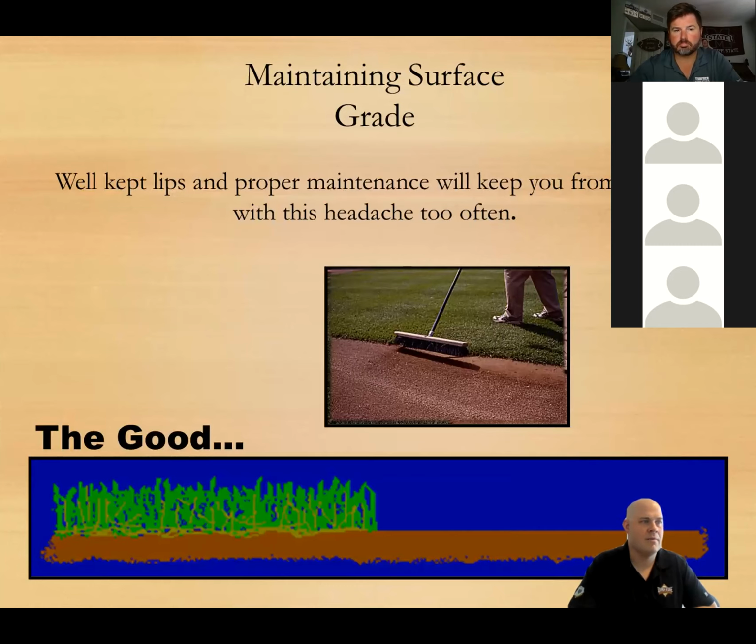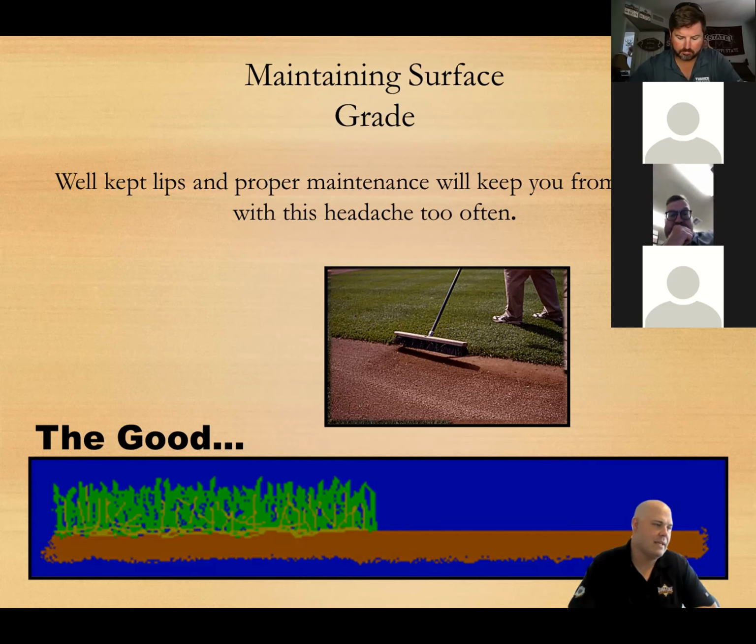Lips are very, very important to manage with a good backpack blower or a broom. Lip management is a reason a lot of these fields fail. Lips build up and you keep adding material, and next thing you know, there's a plateau.